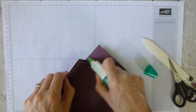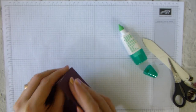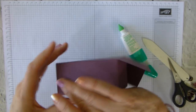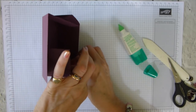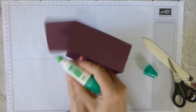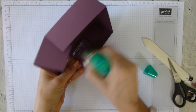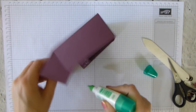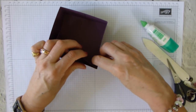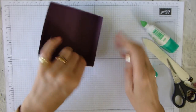I say trickier, I mean obviously you've got more box to deal with and less flat paper. And then just to make sure that you're spreading it nicely, you can just use the card to manipulate the glue. Spinning box. So I really can't hold it all the time so that you can see, unfortunately, because we are making a box. Just slide that so we've got a nice